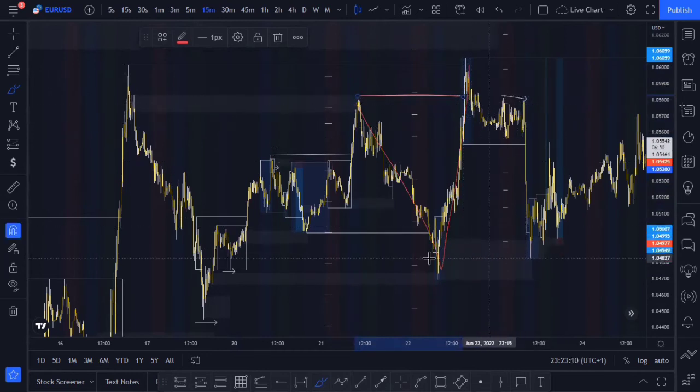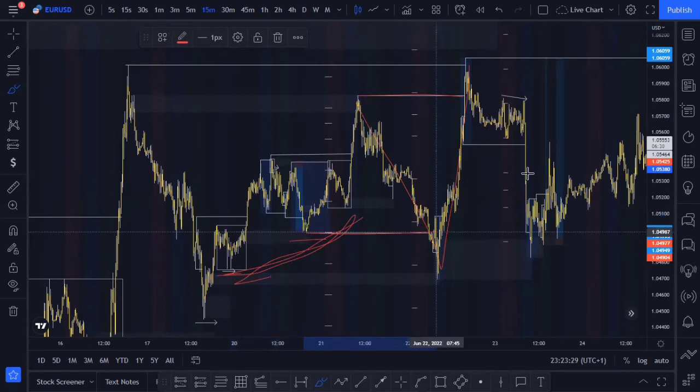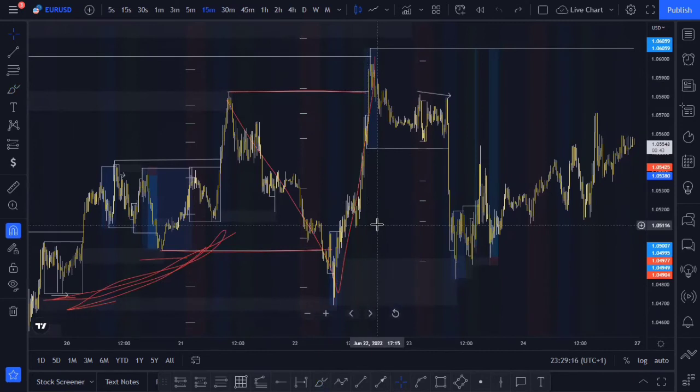I was looking at this maybe as some kind of run on sell side liquidity, because we had these lows here, we had this one here. So these were a run on sell side liquidity to me, from here to here. I didn't really see it as a break of structure. That was after, when price was pulling back, I was looking at it as